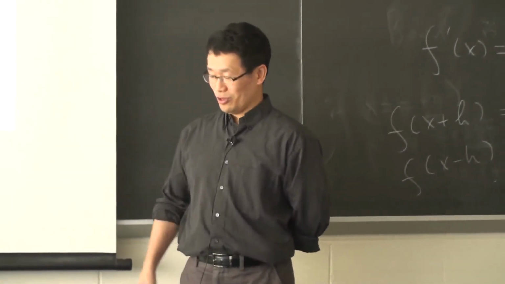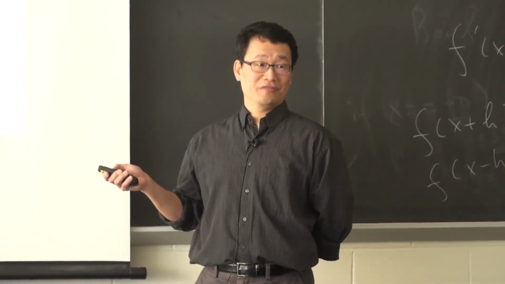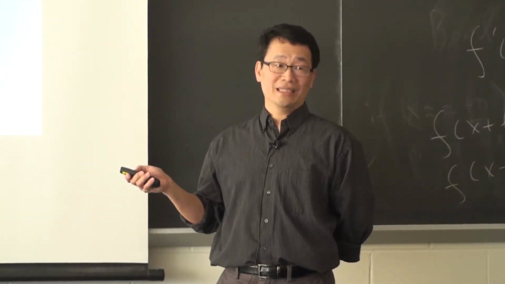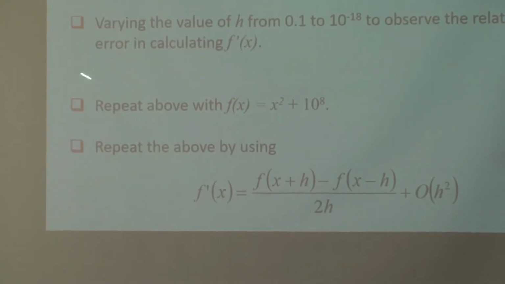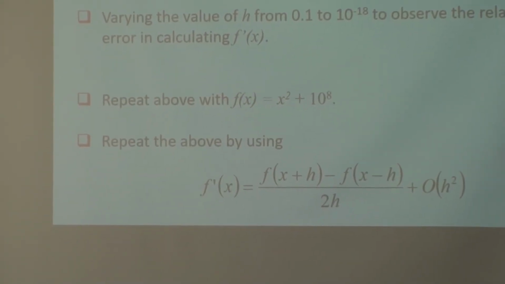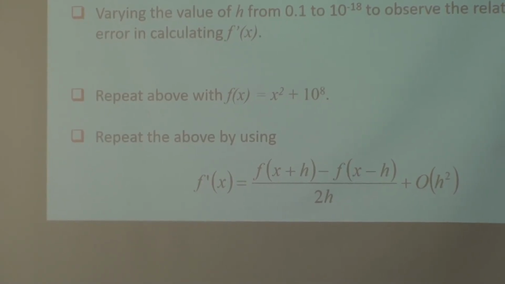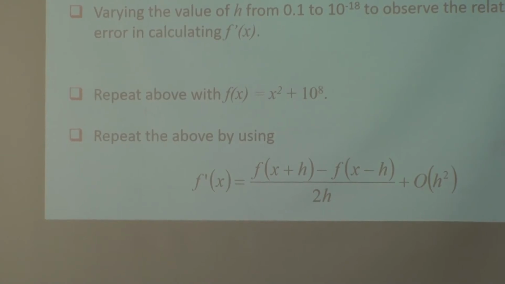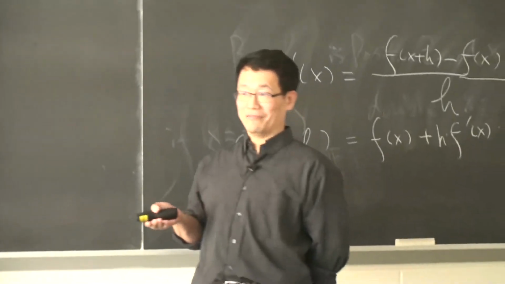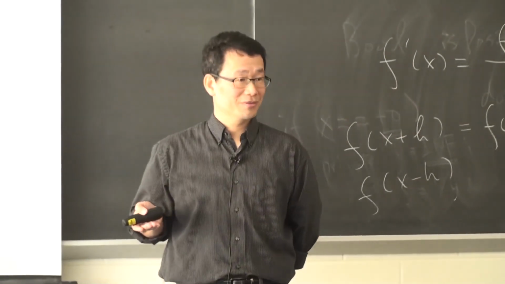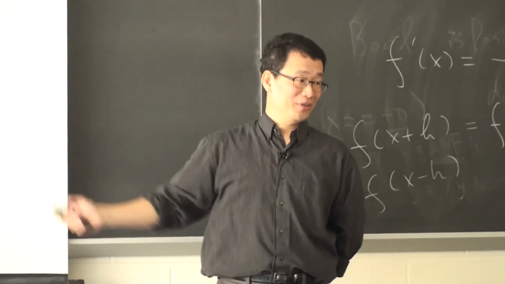You will be surprised if you change your f(x) to this function, where the derivative should be identical. If you switch your f(x) to be x squared plus 10 to the 8th, you will swear to yourself that the derivative is the same, right? But if you implement this, you will find something surprising, because now your function evaluations have a precision issue. You force it to calculate 10 to the 8th.